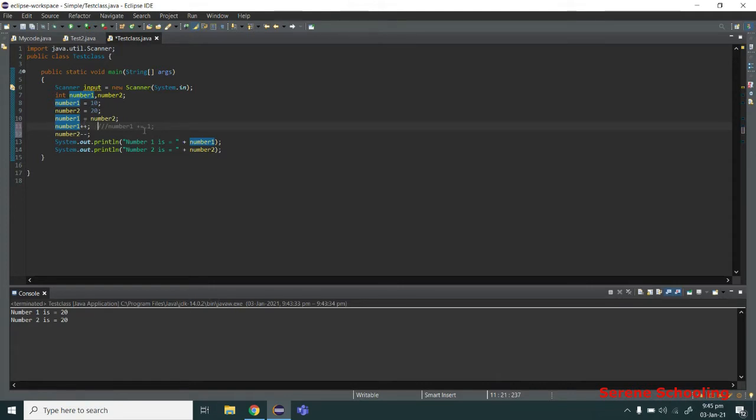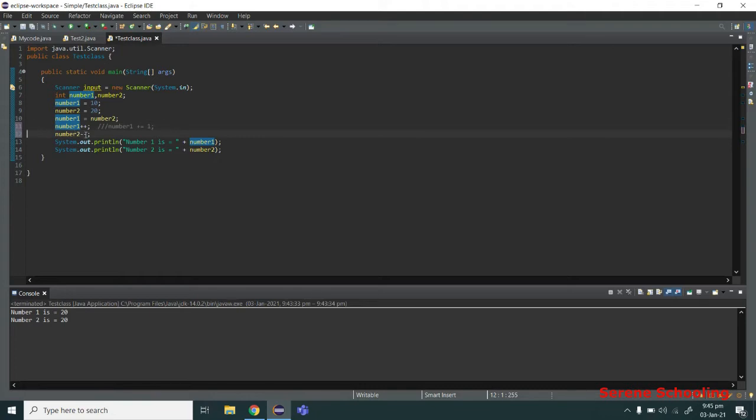It increments the value by 1. If we write it as number 1 plus plus, it increments the value of the number 1 variable by 1. You can also write it the other way, but this style is preferred since it's short.